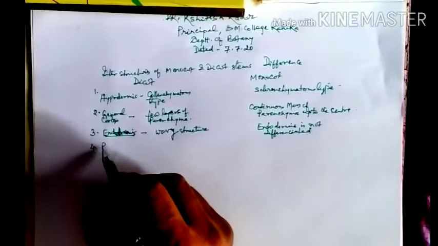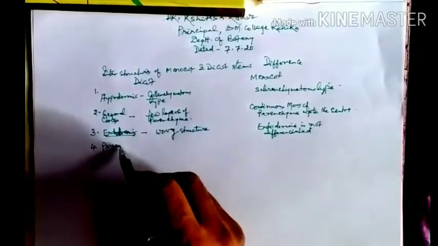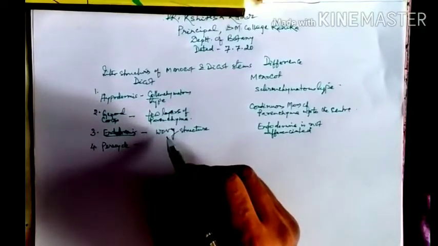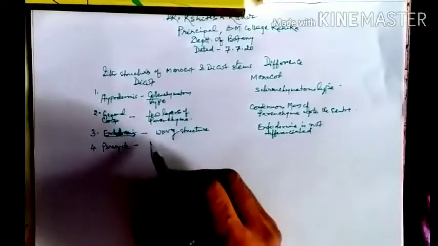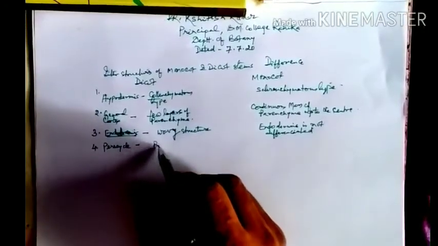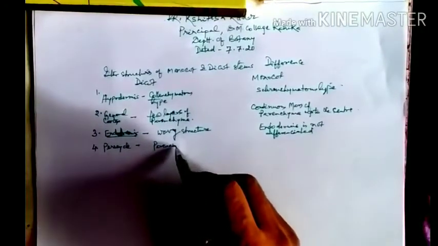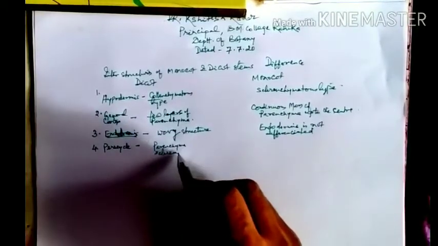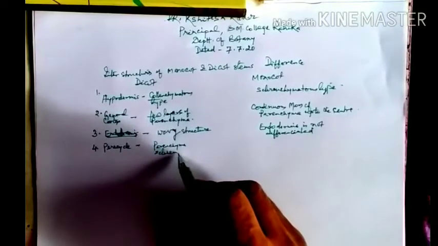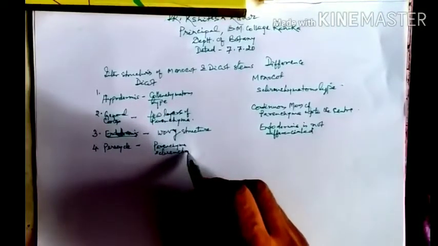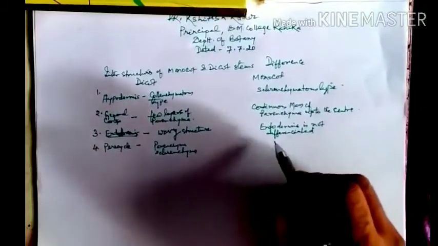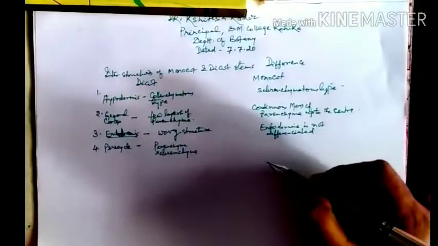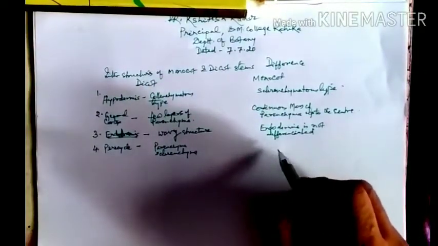Next is the pericycle. Here in the dicot stem, it is of parenchyma and sometimes of sclerenchyma. But here in the monocot there is no differentiation between the endodermis and pericycle, and so it is of no means.